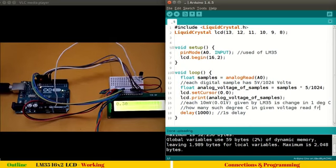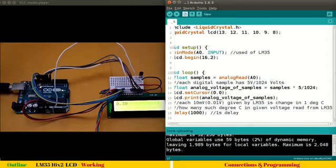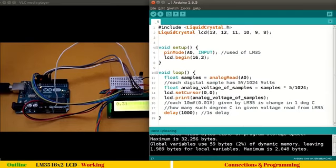By read from LM35, right? Okay, so for this we have a simple solution. Let me define a new variable of float type. Float temperature equals to